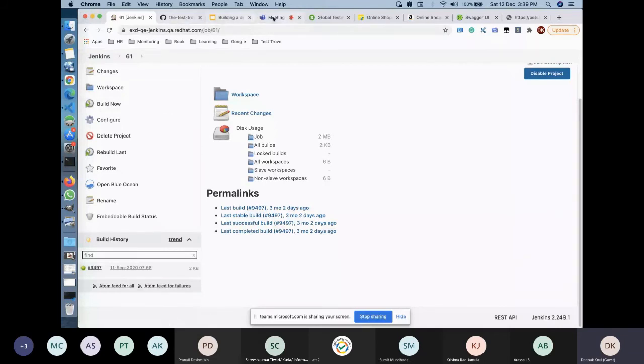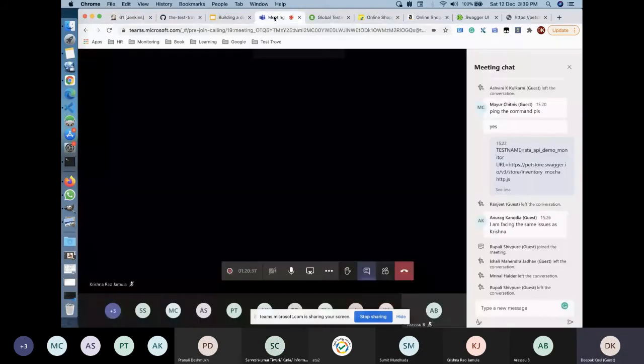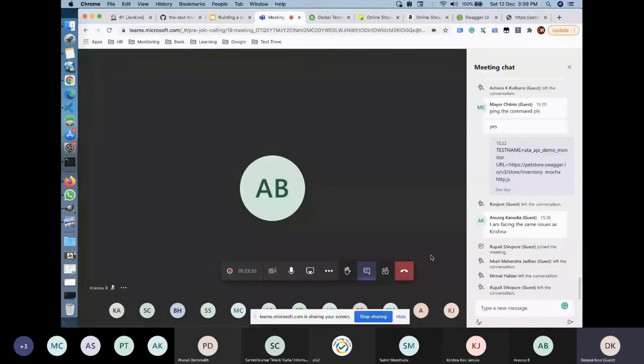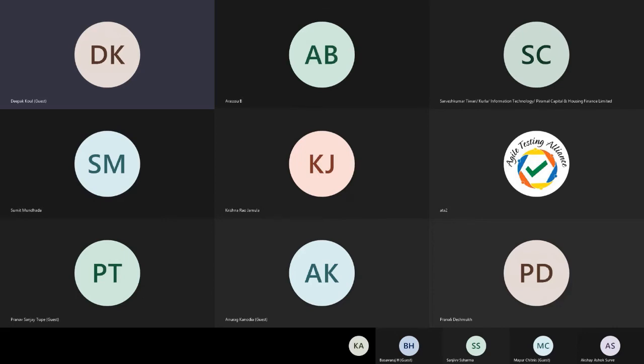I'll go back to fixing in the next 10 minutes. I'll fix the package.json for this project, and then I'll go back to it so you can download it, right? I'll stop sharing for 2 minutes. In the meantime, if you have any questions, please add those questions to Slido. I'll be very happy to answer those.